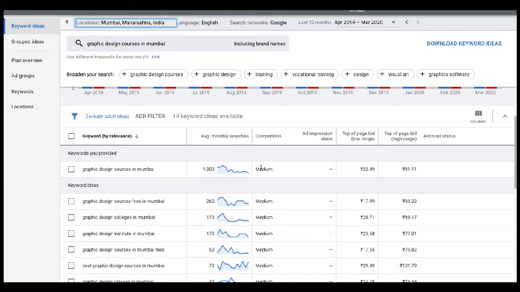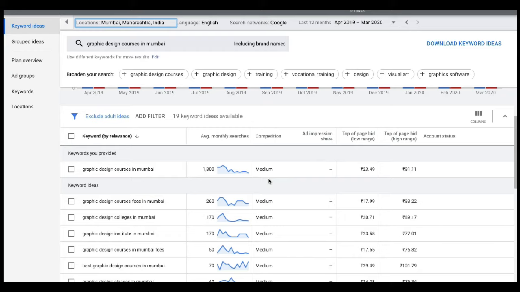Look at the third column which says competition. I had told you that you will be able to do a better job than experienced SEO executives, right? So this is what I mean. Around 90 to 95% of the SEO executives in the market consider this competition column to understand the competition of the keyword, right? Understanding the competition of the keyword is the most important part, but this competition mentioned over here has nothing to do with SEO. Plain and simple, this competition is related to your bid.